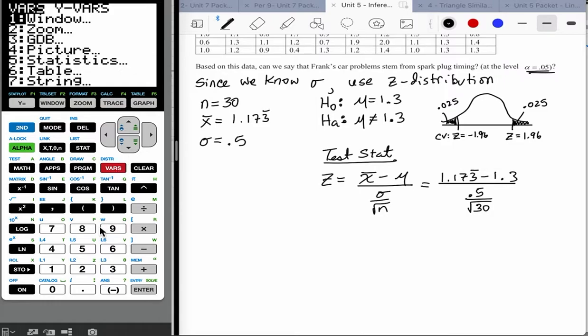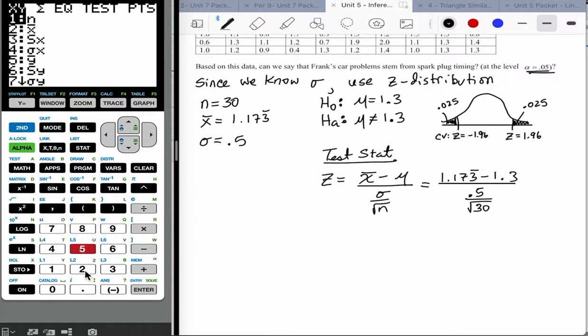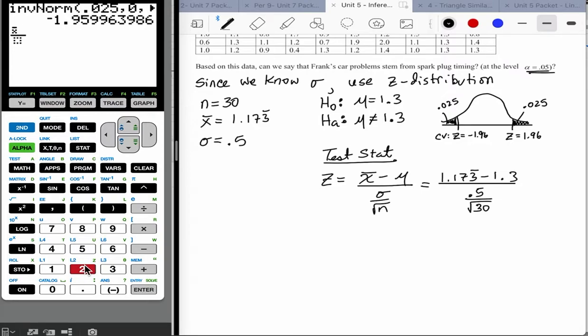Vars, option 5, option 2. All right, so that'll just bring up the x bar, but we know that the calculator knows that x bar is 1.73 repeated. So again, that's Vars, statistics. You just find the thing you're looking for. Sometimes you want the standard deviation. In this case, we want the x bar. All right, minus 1.3